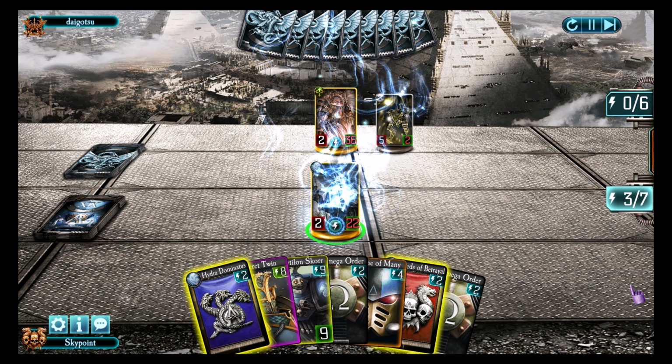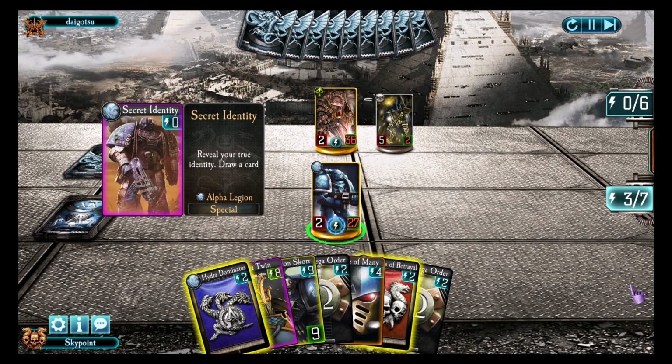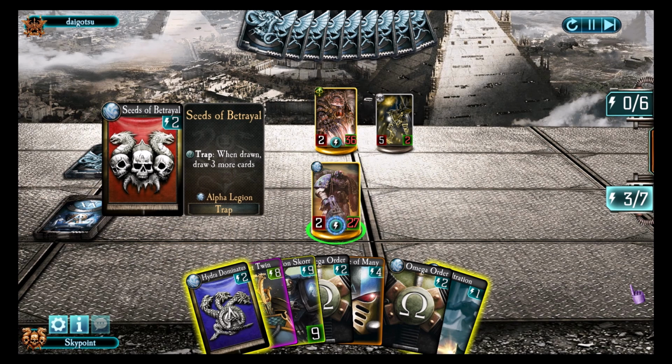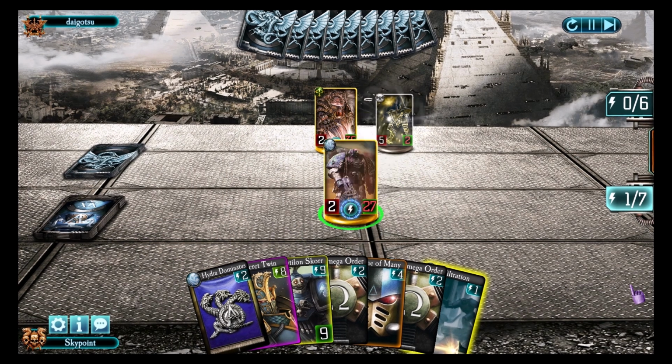Omega Order can't be used, so I'm just going to use One of Many to try to pick my health back up. Let's reveal myself to draw a card. Is there a useful energy card? Okay, this is not bad. Let's drop another Seeds of Betrayal in. And then